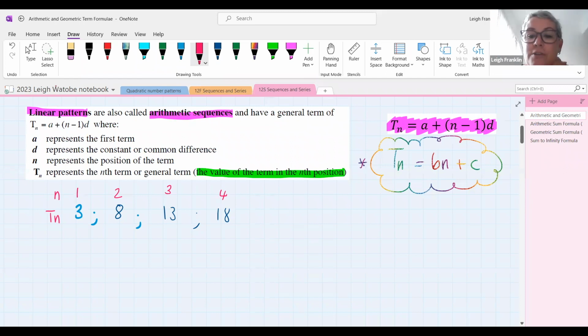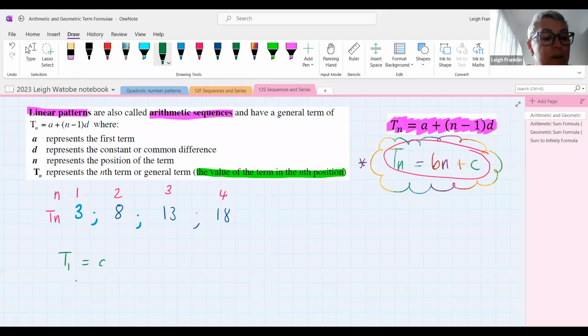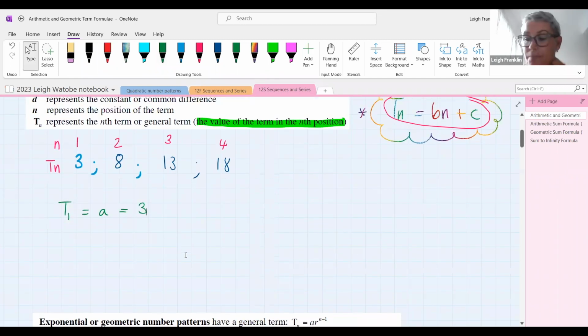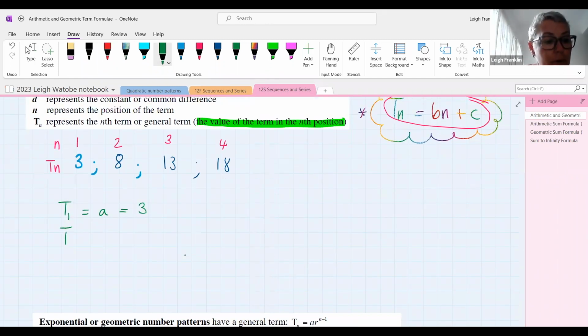I can think about this formula, the one that I've been working with in grade 8, in a different way. What we do is we write term 1 and give it the letter A, and in this case its value is 3. Term number 2 is A plus one difference, the difference between these terms,